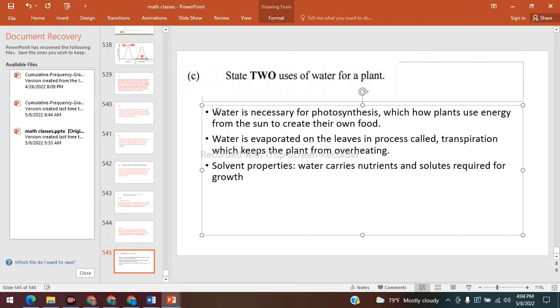Yeah, so I think we could go down with these three. Also, water helps to carry nutrients and solutes throughout the plant, and is necessary for photosynthesis. Okay, next up is